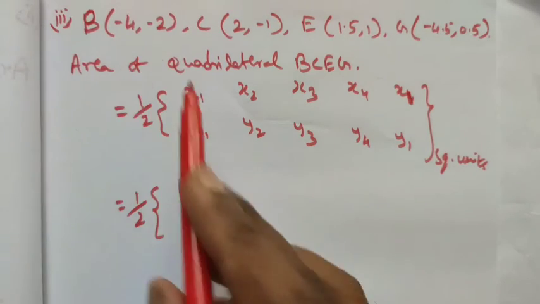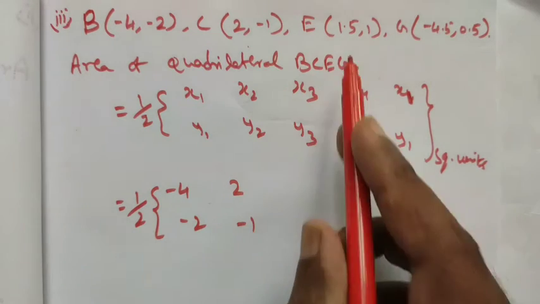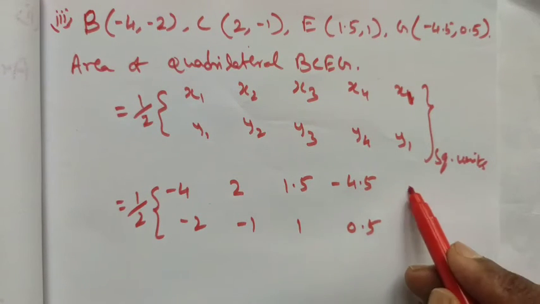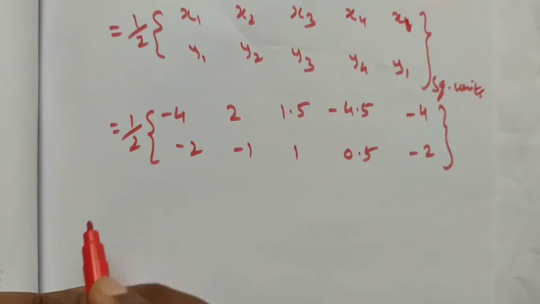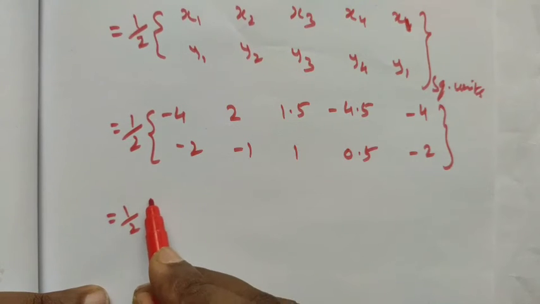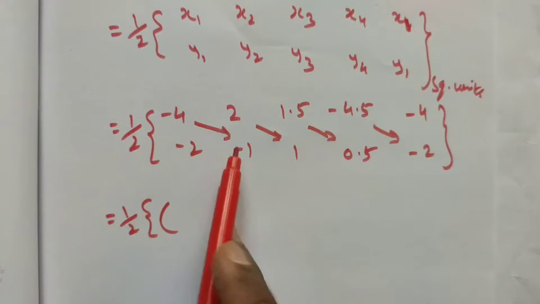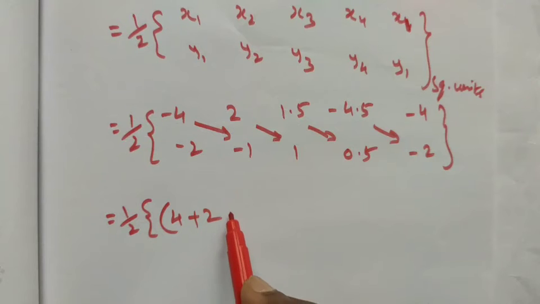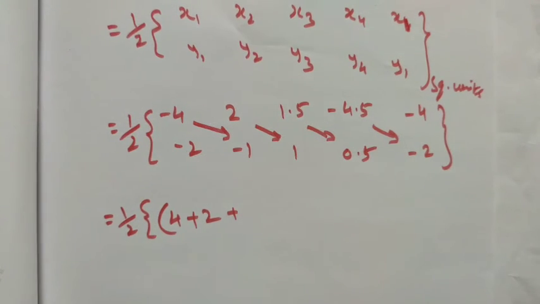That is, the first point we take it as x1y1, second point is x2y2, third point is 1.5 and then 1, and then fourth point is minus 4.5, 0.5. Again we have to write the first point, right? Now we want to multiply the terms. This term is equal to half into the first term like this, minus into minus plus, 4 ones are 4, plus 2 ones are 2, plus 1.5 into 0.5,